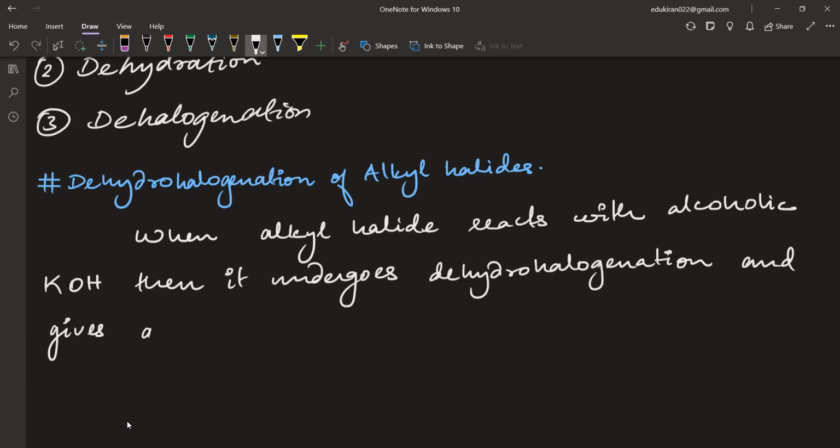And it gives alkene. That means if you have something like this, CH2,